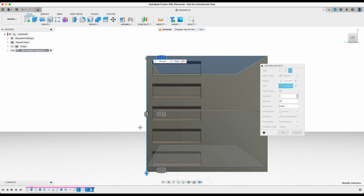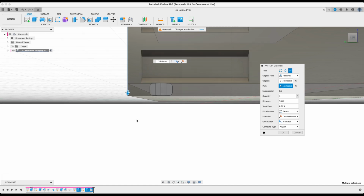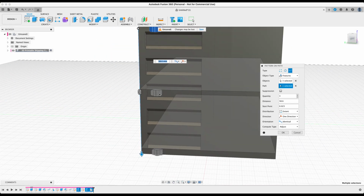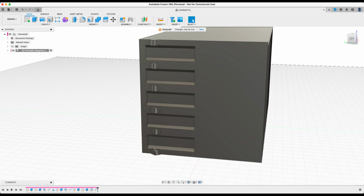We just double check. Nope, it goes up just a bit, so maybe a little up. Oh wait, 59, maybe 58.5, 0.6. Cool, so 58.6 seems to be that perfect spot. And currently we have one sitting right in the middle, so we can increase the quantity. Let's see if we can position it. And there we go. Now we have all of these little metal rods that are going to fit the cylinder